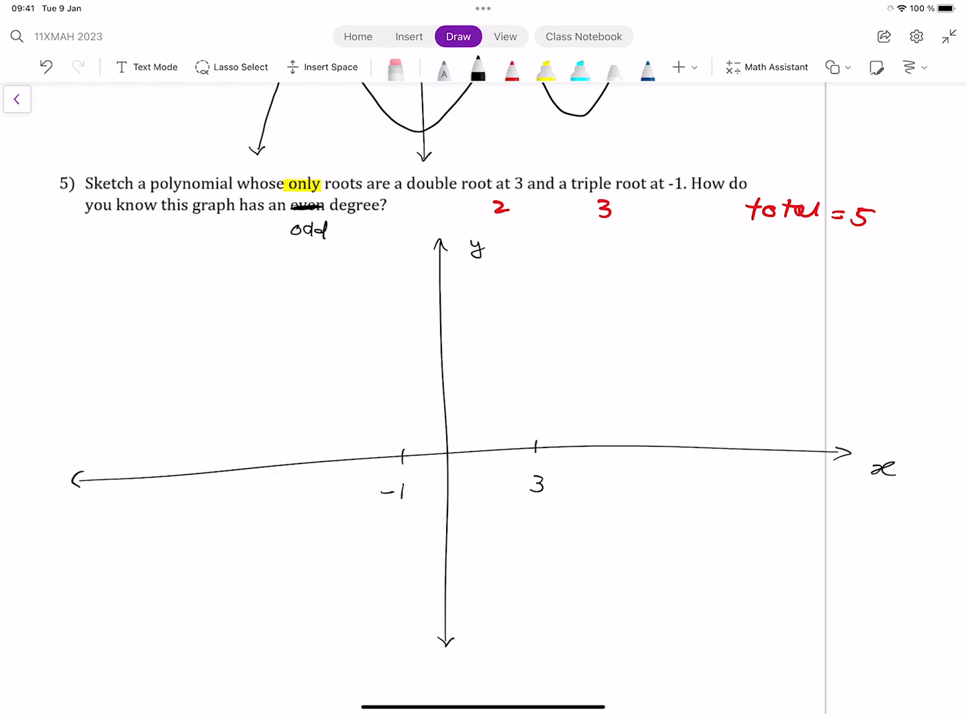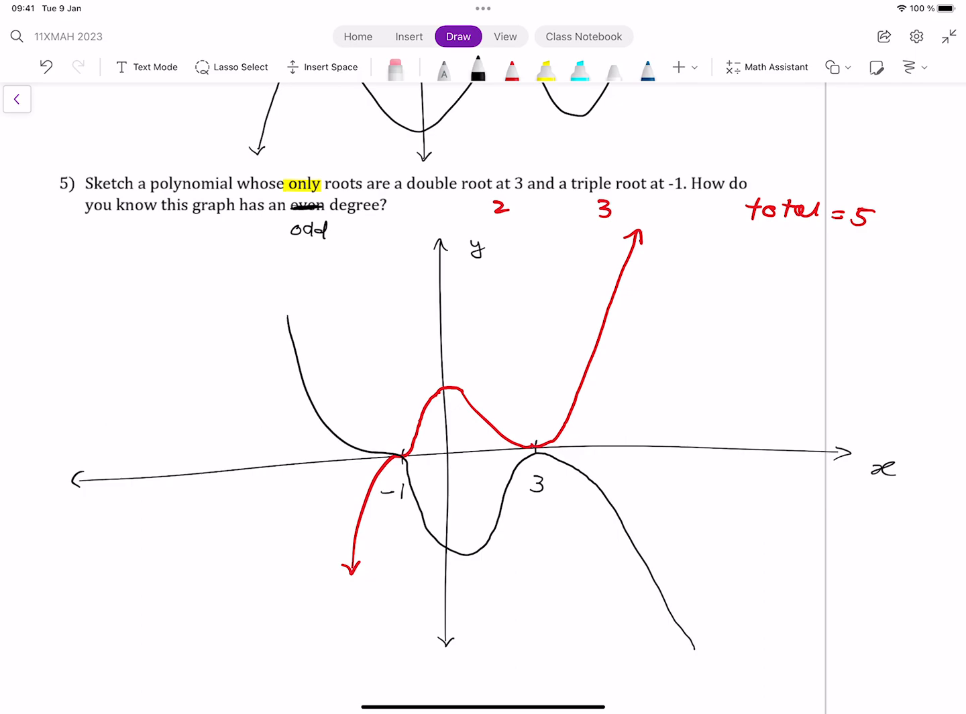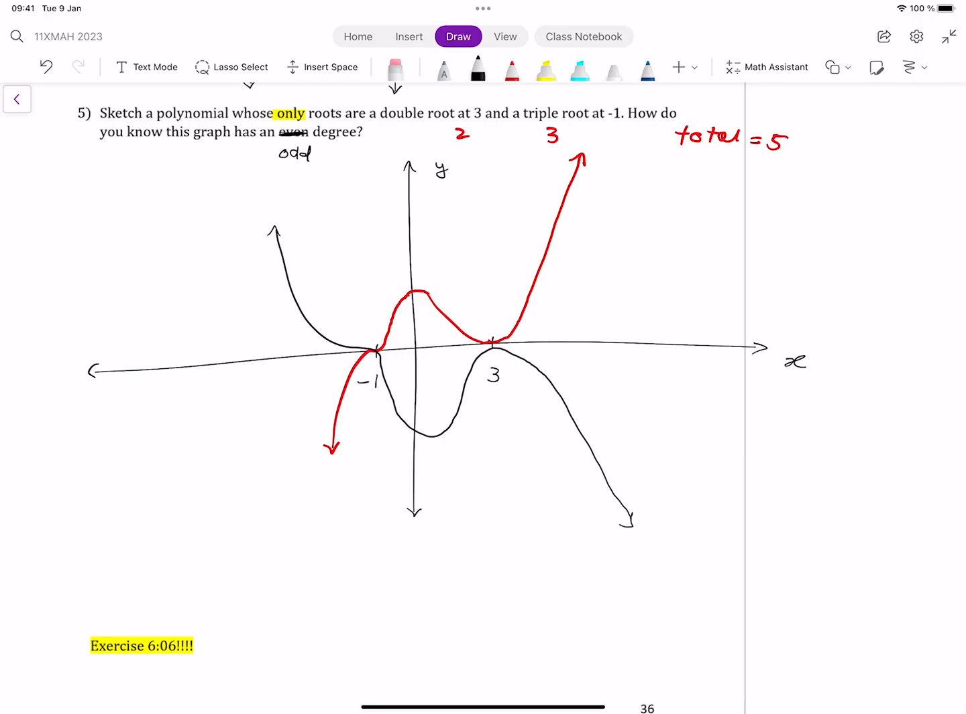And there's 2 possibilities. Our first possibility is that it comes down here and then it turns around because it's a double root at 3, and then there's a triple root at -1, so it has to look like that at -1. Our other possibility is that it comes here from downwards, turns around, and then goes up and goes in like that. So it's just the same in reverse. But it has to have an odd degree